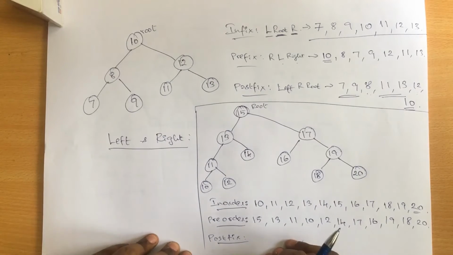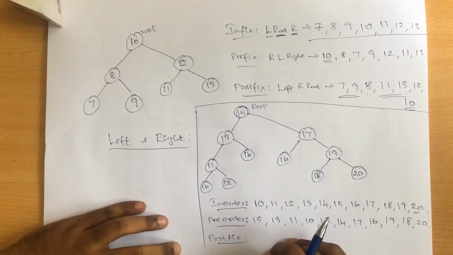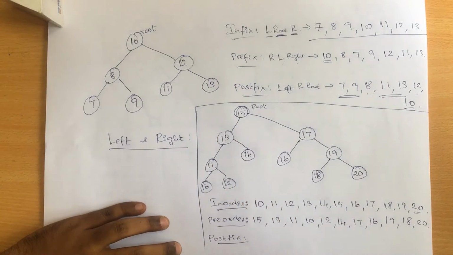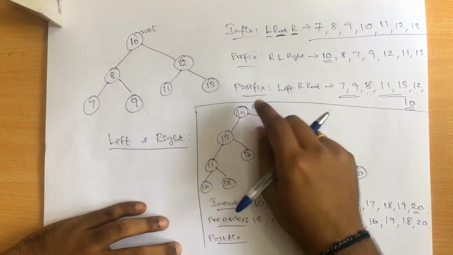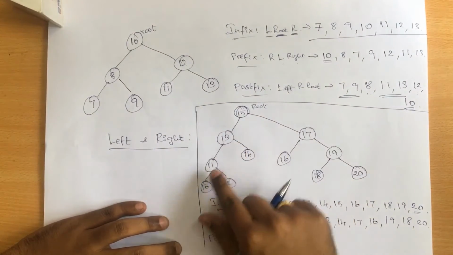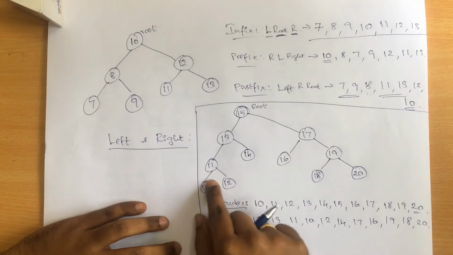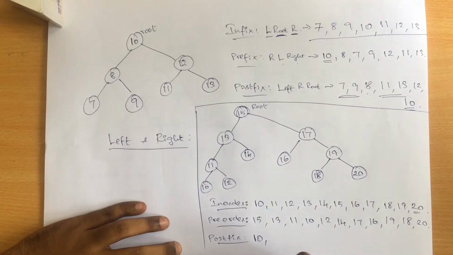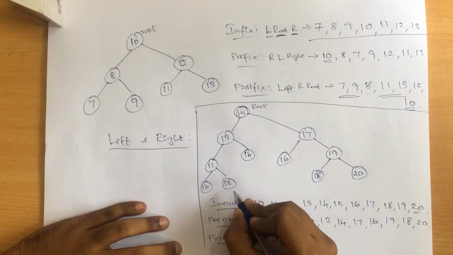So now let's try to print the postfetch value. So postfetch, we very well know the number 15 should be at the extreme right hand part, or else you can also say the root node should always be at the right part. So first I'll start with the tree, that is from the root node. I'll move with left, left, left, and I'll move with 10 at the last. So first I'll print 10, followed by 10 I have to print 12, that is the right node, and then the root